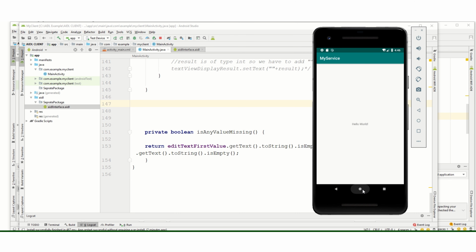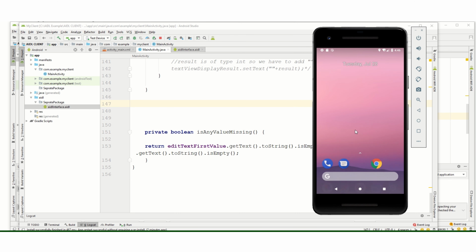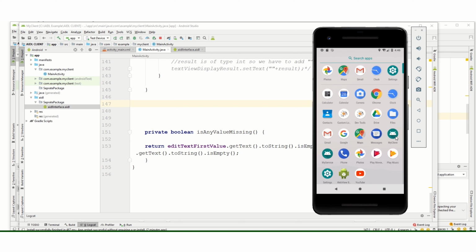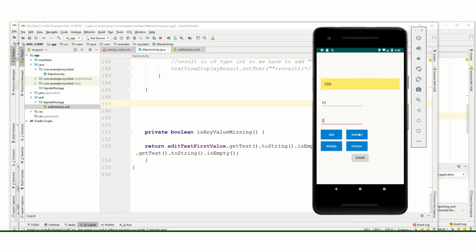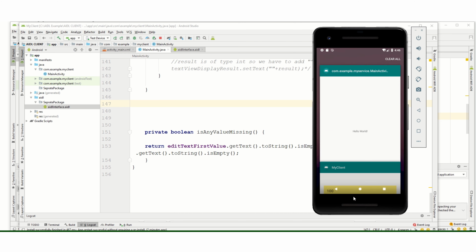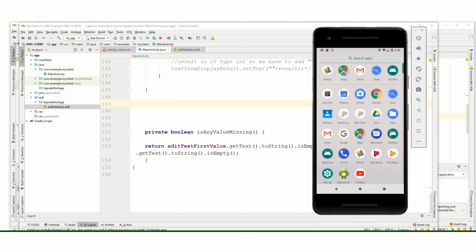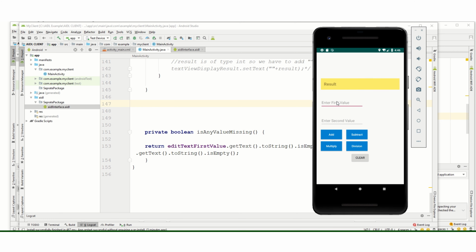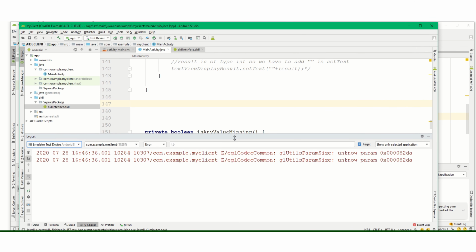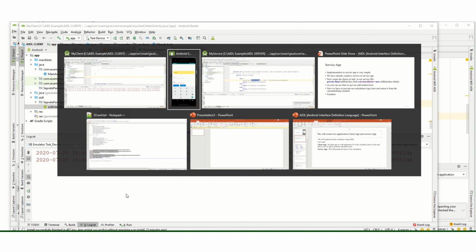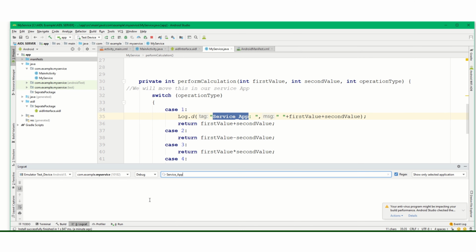Just go over here, search for my client app, open my client app. First, just clear this. Now open my client app. So now 10 and let's say 20. The answer should be 30 for addition, and we should also have that in the log here.